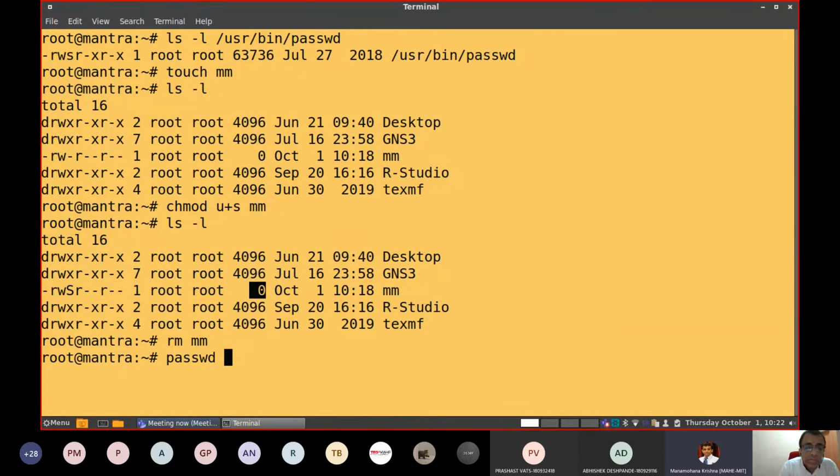So for any file, if you set the sticky bit equal to 1, say for example your LibreOffice file, it's a very huge program. The first time you try to load it, that entire program code will be loaded from the hard disk. It takes a few seconds to load completely.